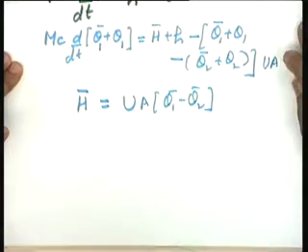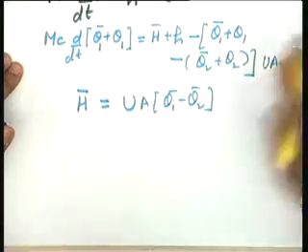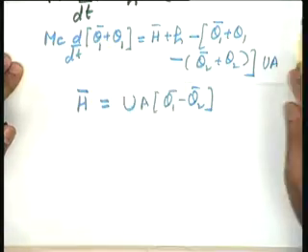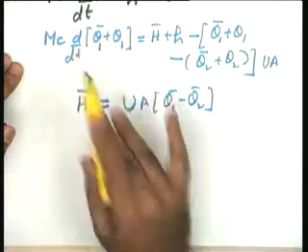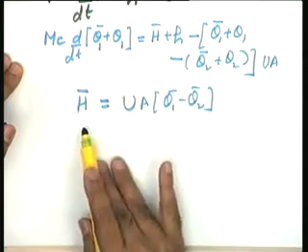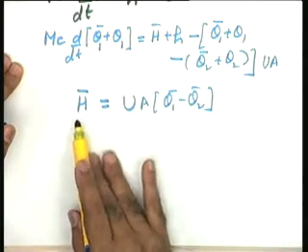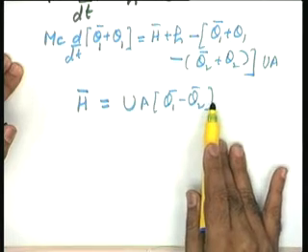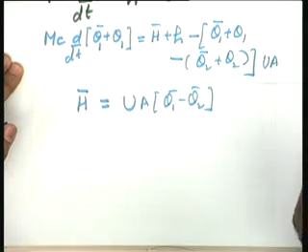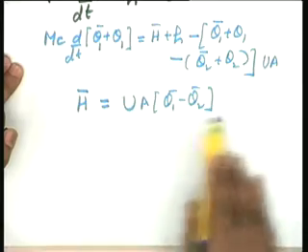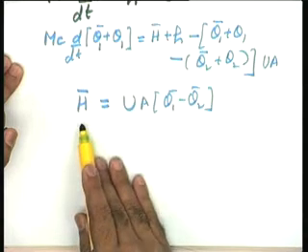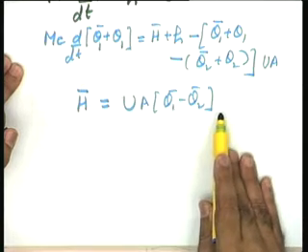Is it okay please? This is my steady state equation, all of you please note, because the derivative will become 0, theta 1 bar being a constant, and at steady state the left hand side is equal to 0, and from the right hand side I write h bar is equal to UA theta 1 bar minus theta 2 bar. It means if there is no disturbance acting on the system, if there is no variation in the various temperatures of the thermal system, then at steady state the heater mass balance is given by h bar, the heat produced, is equal to UA theta 1 bar minus theta 2 bar.